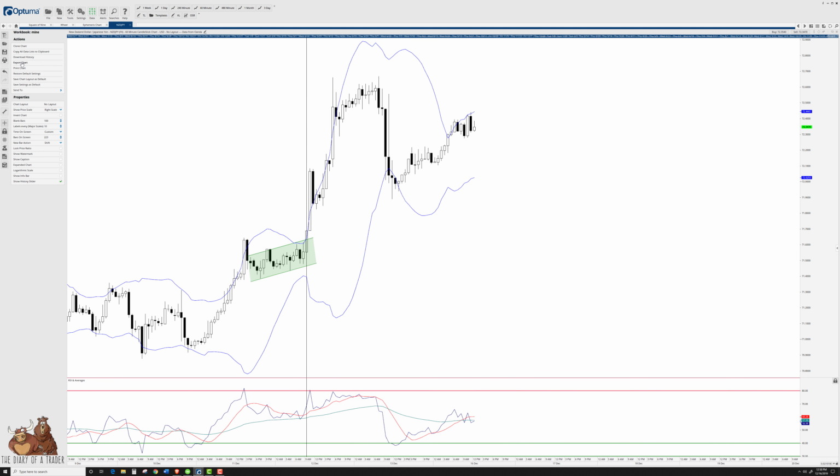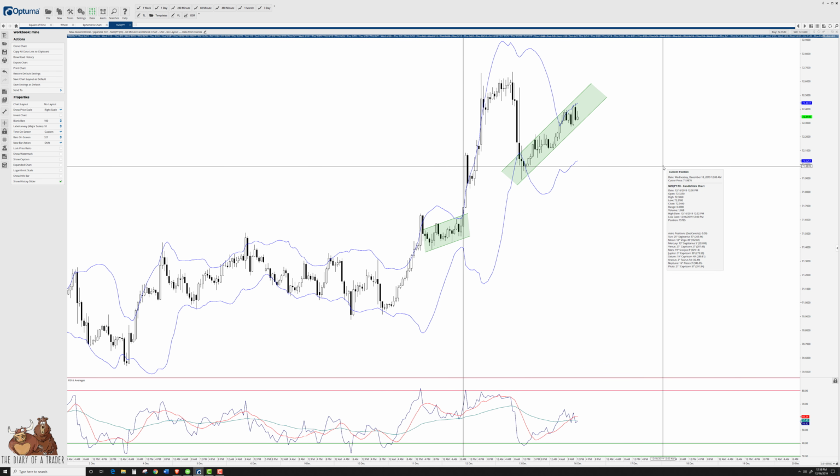But now we've got something going on here. We have something that is happening currently. So what do we read from this? We have an ascending channel. It's a fairly expansive ascending channel, isn't it? It's up against the Bollinger Bands, but what's happening with this channel? Prices are not moving higher here. They're having some difficulty breaking out higher. Now, that's not saying that they can't, but right now what this looks